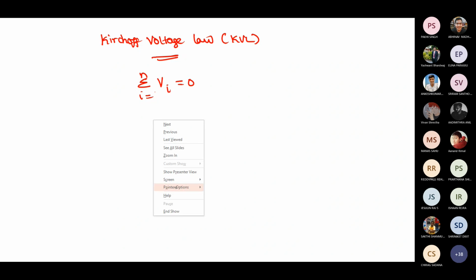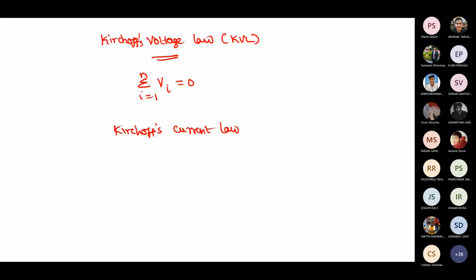Then what about Kirchhoff's current law? Ma'am, it states that the current entering the particular node is equal to the current outgoing. Fine. So the current entering the particular node is equal to the current leaving the node. That's what you want to say. Ultimately the sum of the current in a node is equal to what? 0, ma'am. Same thing like this.